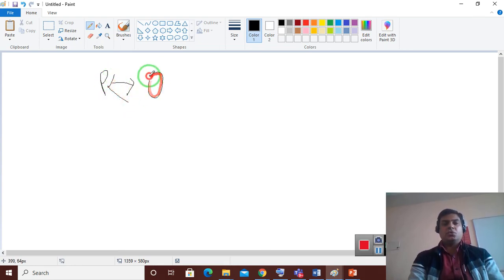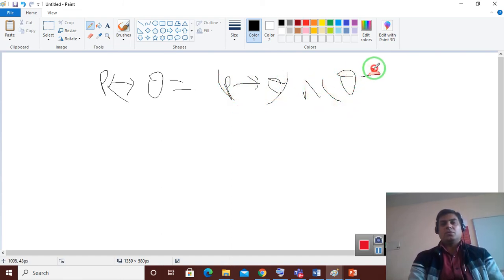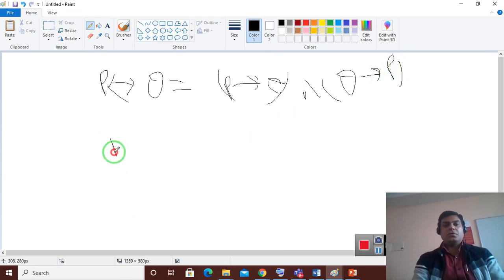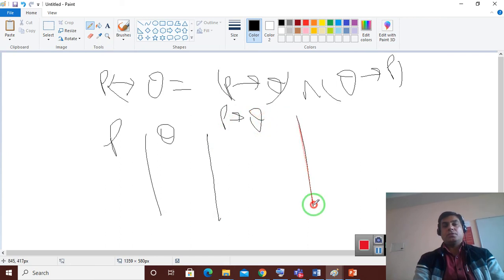We can say P conditional Q conjunction Q conditional P. Just make the truth table for P and Q, and P conditional Q and Q conditional P, and after that make the conjunction of that.